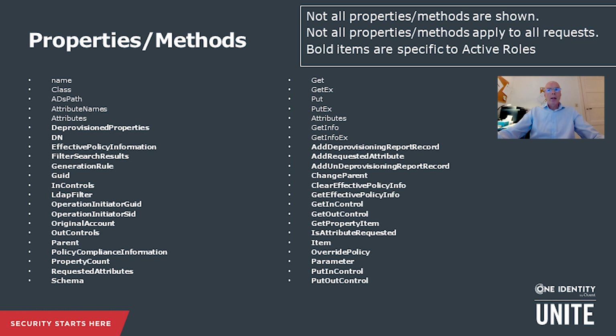When requests are sent to Active Roles, you can control the request. The requests in Active Roles support the same basic properties as Microsoft requests and the same basic methods as the Microsoft ADSI provider. But the Active Roles ADSI provider gives you a lot more. So here's a quick overview. I'm not going to go into every property and method because there's just too many. But what we're going to do is look at some key ones throughout this presentation. It's just to give you an insight into the value add that you get from Active Roles above the native functionality offered by Active Directory.